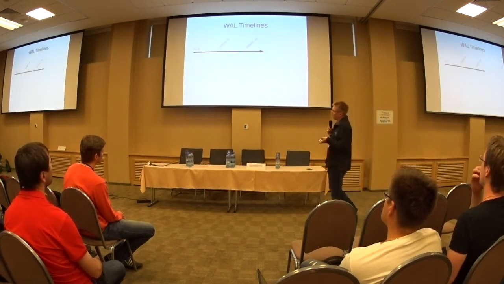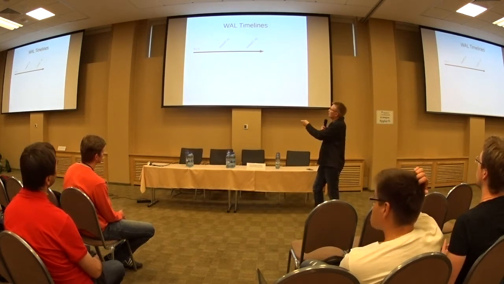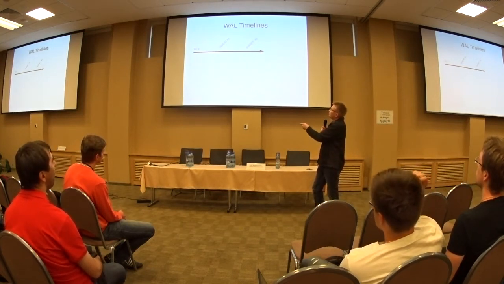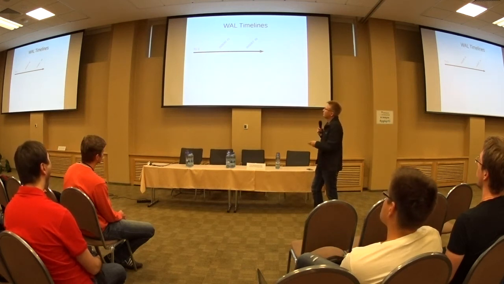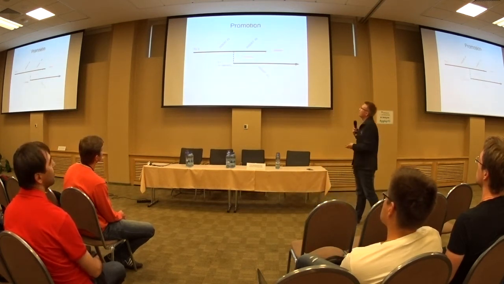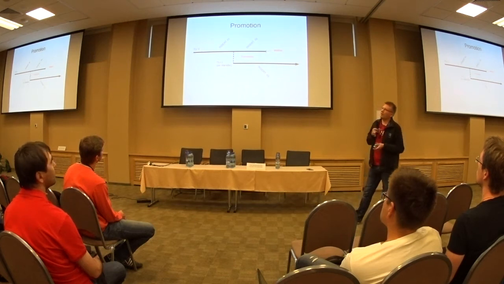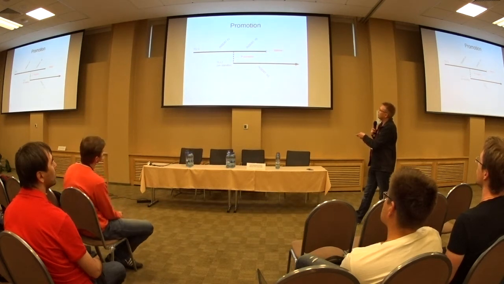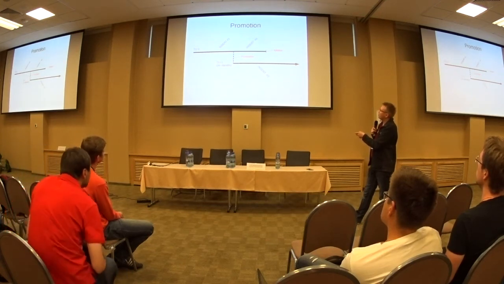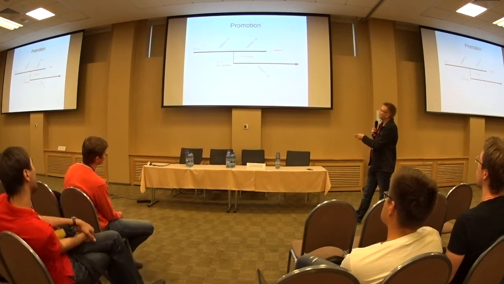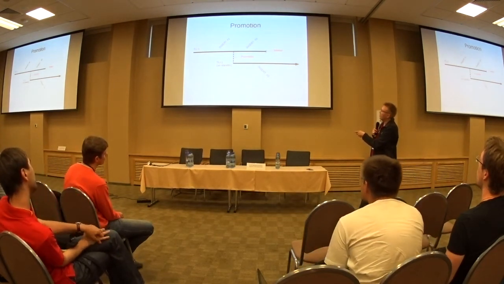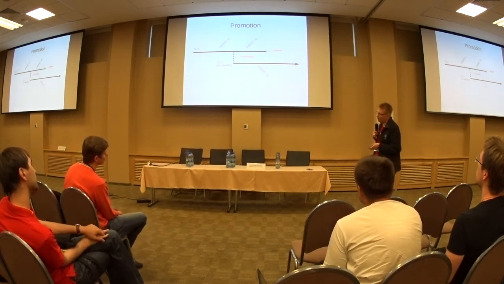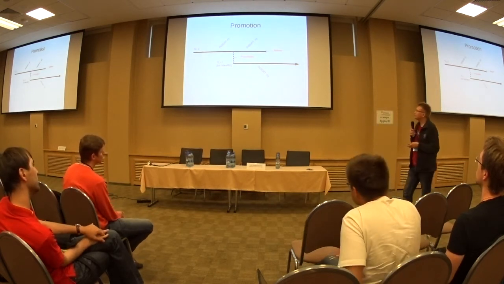So the way it works, when you have a timeline, if you have a master server running and you have one insert transaction here, and you do another insert transaction here, it's all on a single timeline. When you promote your standby server, it's going to create another timeline, and now it's the standby creating the WAL here, and you have a transaction here, and the master stops working for some reason. You have the situation where you have something here that was not copied to the standby, but it happened in the master, and that's a problem if you ever want to do failback.